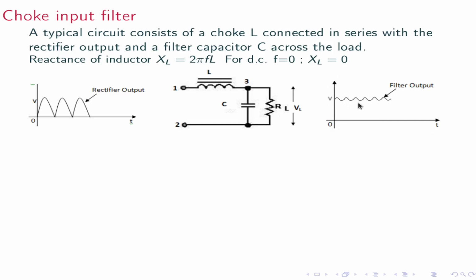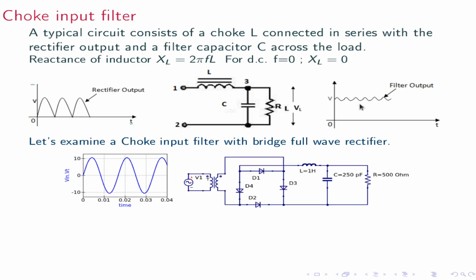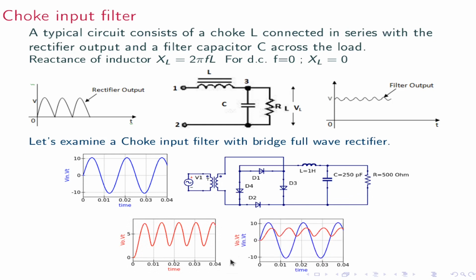We can analyze the same with the bridge rectifier. This is the bridge rectifier and this is the inductor and capacitor to form a choke input filter. This is the input signal I am giving. Input means the output of the secondary of the transformer. What I am getting is this one. The output of the filter circuit is this one, or if you combine, you can see this is